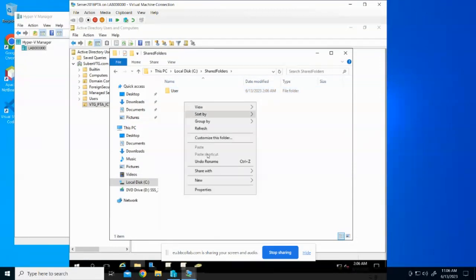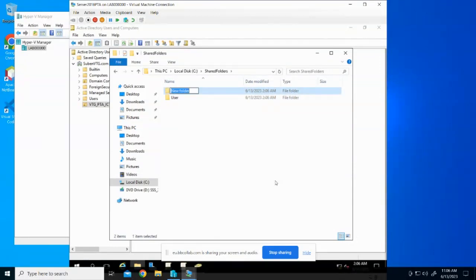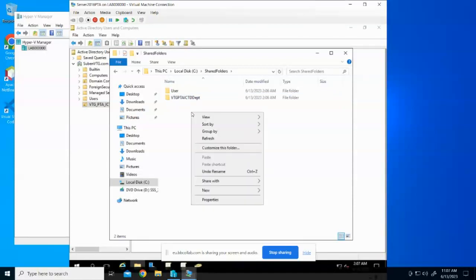Then the department that we are currently working on is VTG, PTA, ICTD, and this is the group folder, so department folder. So I'm going to say DEPT. That's the department folder. And then the public folder for all users in Pretoria, I'm going to create a new